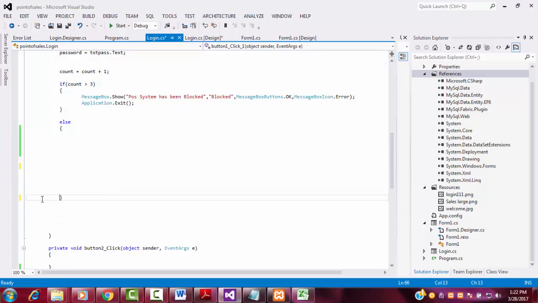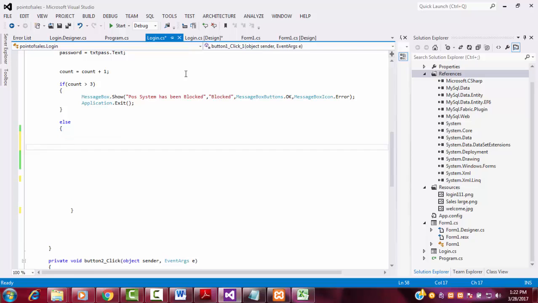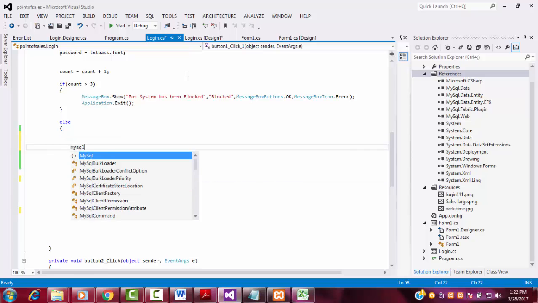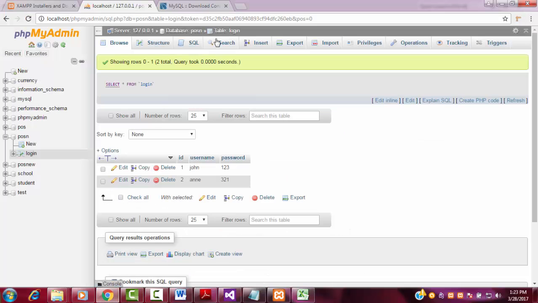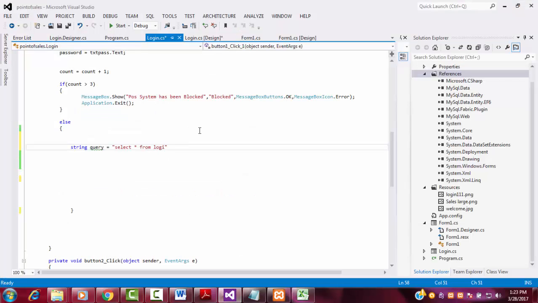In the else part, first I'm going to create one variable which is a string, called query. I'm going to write the query equal to the SQL query: select all from, what is the table name? Login. This will be our table name, login. Select all from login means select all the records from the login table,